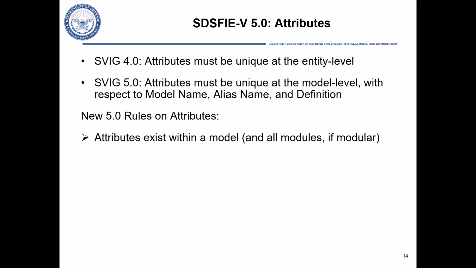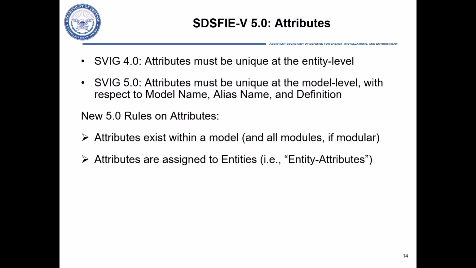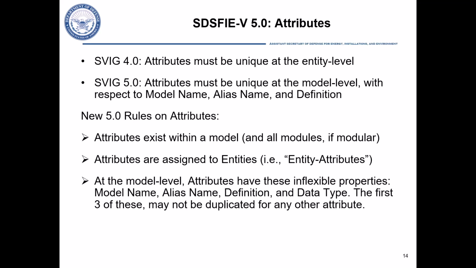Attributes exist within a model, which, if modular, of course means the model and all of its modules. Attributes are assigned to entities in instances known as entity attributes. At the model level, attributes have these inflexible properties: model name, alias name, definition, and data type. The first 3 of these, the model name, alias name, and definition, may not be duplicated for any other attribute